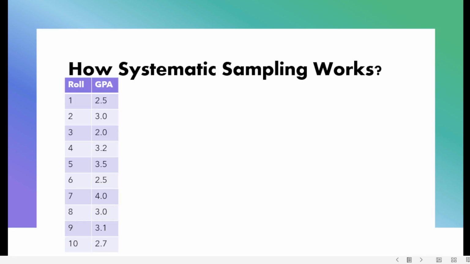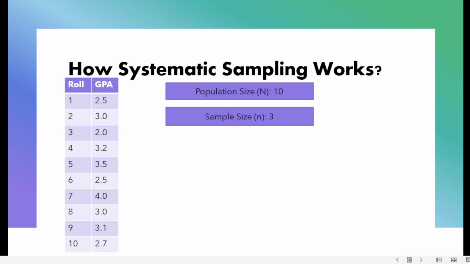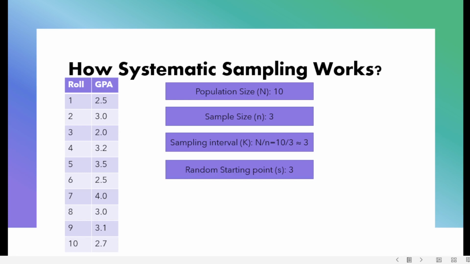How does systematic sampling work? For example, this is our population, where the population size is 10. Our sample size is 3. Now the sampling interval is 10 divided by 3, which is approximately equal to 3. Now we will select the values after interval 3.